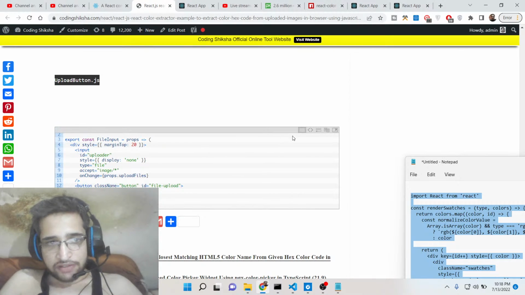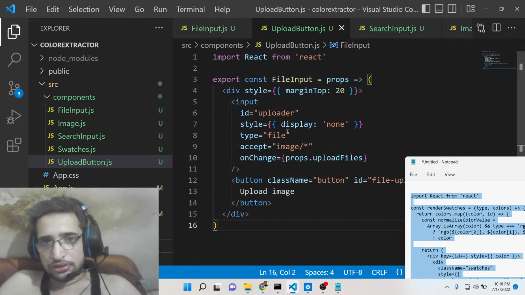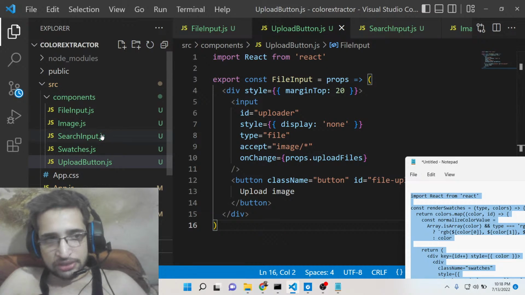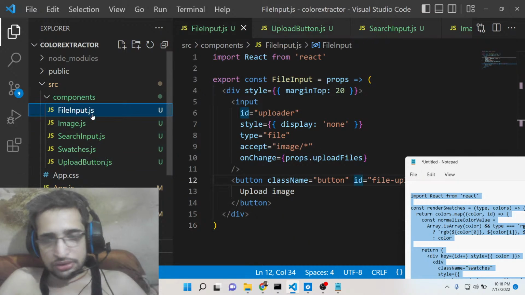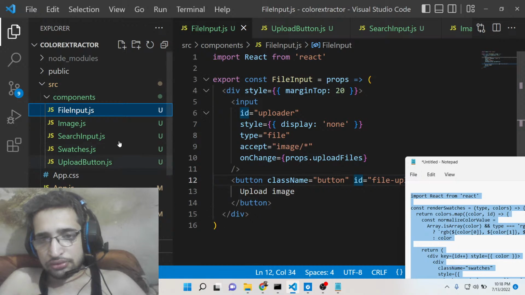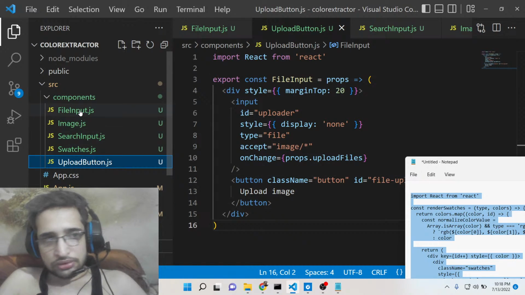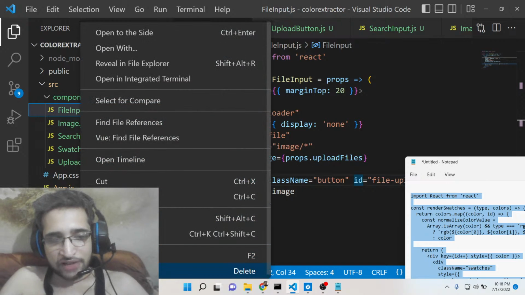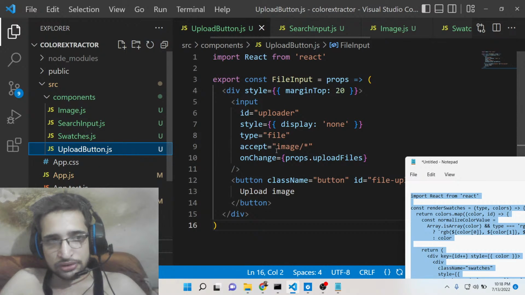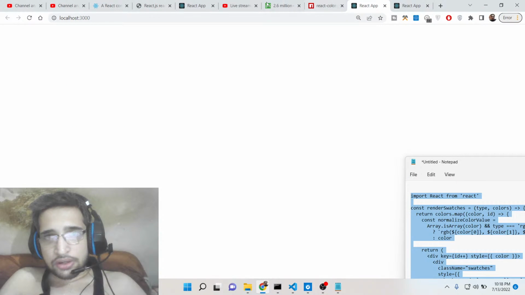So this will be having a simple button, guys. So whenever you press that button, you can see it is only accepting images. Oh, I named it FileInput. Let me delete this. So now if you refresh it,